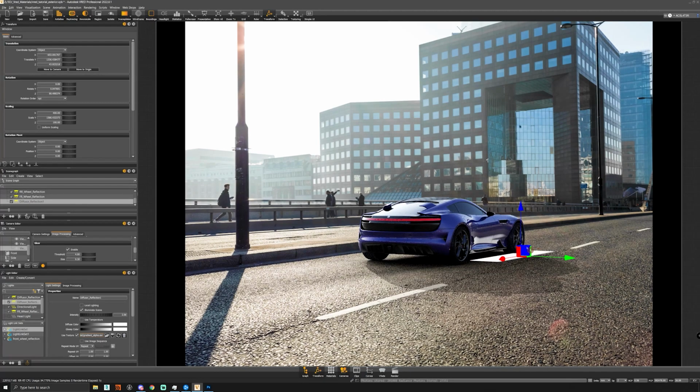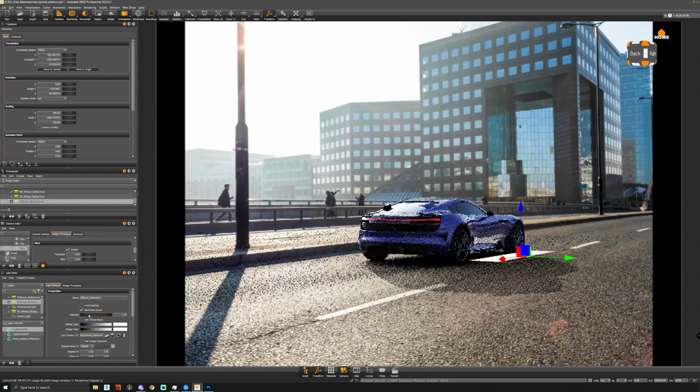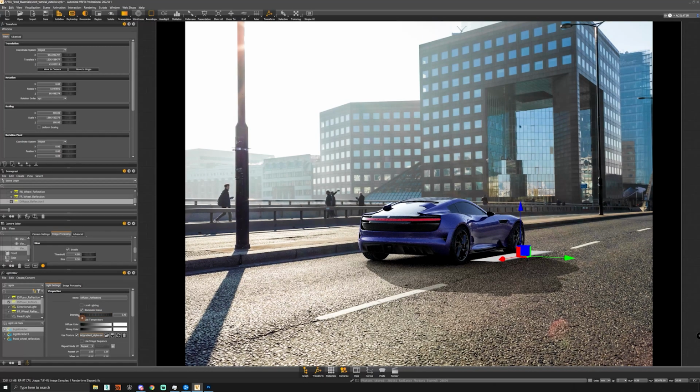But I think for now this should be okay. But yeah, you would do something like this if there were some sharp lines that you wanted to see inside the door panels or something like this. But I think for now we'll just leave it as it is. And so next I think we could